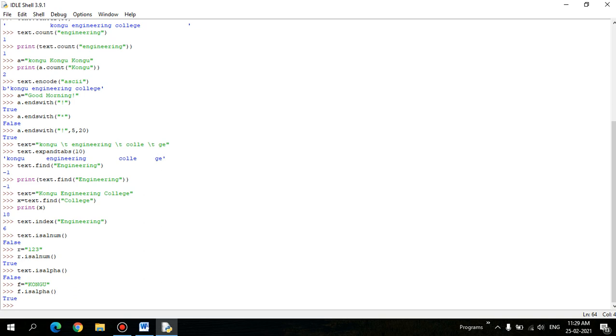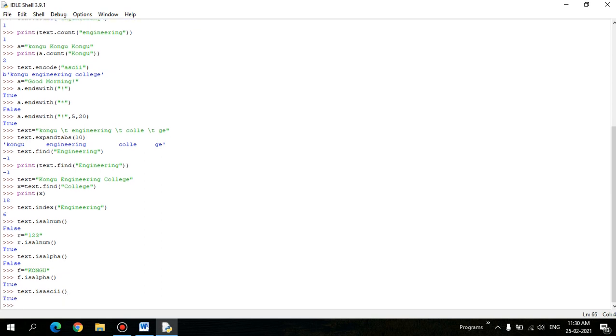And let's take text dot, and I'm going to check for some other function. Let's take ASCII characters, right? All the functions related to this are Boolean functions. Either it returns true or else false. It checks the string and returns whether it is the respective type or not, right? It returns true, it is an ASCII character, right?